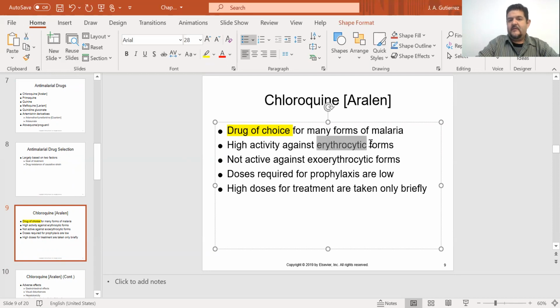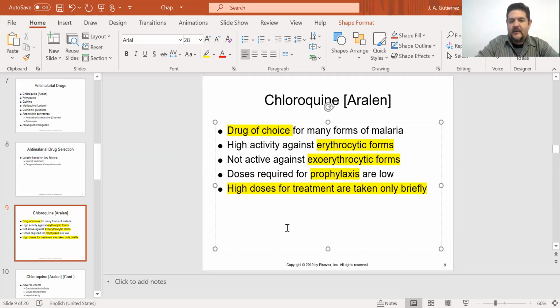Very effective when the parasite is inside the red blood cell. Not too much when the parasite is outside the red blood cell. And it can also be used for prophylaxis. The doses are low, and the only time we use a high dose is when we have a spike in the symptoms and we want to kill as many parasites as we can. Now,